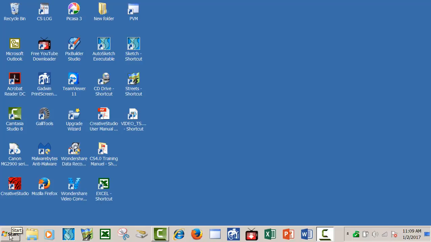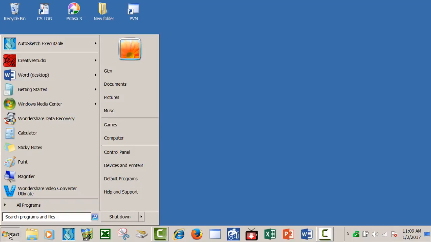Okay, I'm going to try to simplify a few things for you. Left click on your Start window, lower left corner. This is Windows 7. And if you want to check your computer, see what version of Windows is installed, how much memory you have, what operating system you have, all the information,